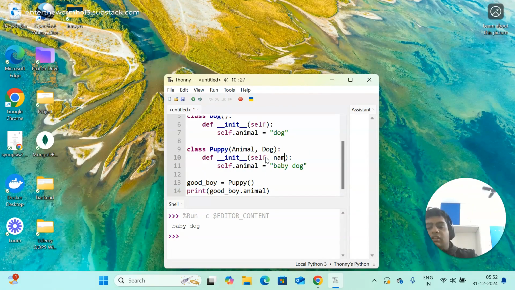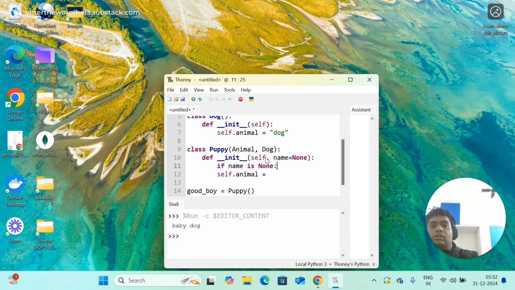So I pass name equal to None. This either sets the name as None, and if it is None, then name it as baby dog,